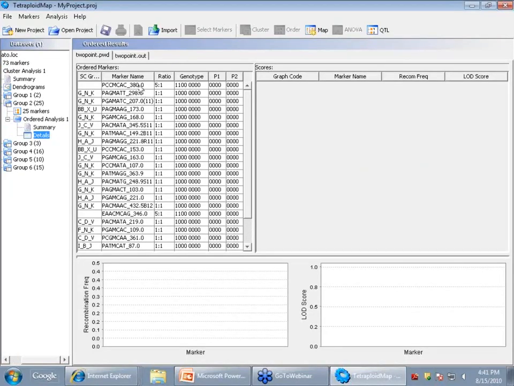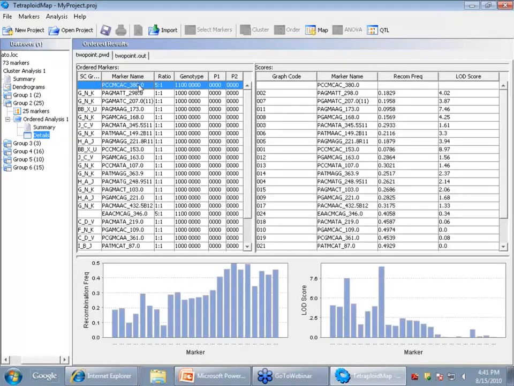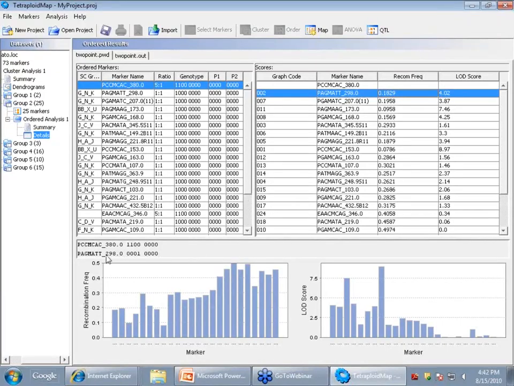If you click on any marker here, then it will show a list of all the other markers and their recombination frequencies and their LOD scores with the markers selected on this side, and panels at the bottom showing the recombination frequency and the LOD scores as well. If you want more information about any particular pair, you can click on the marker on this side, and this opens up a dialog box at the bottom which has some information about the